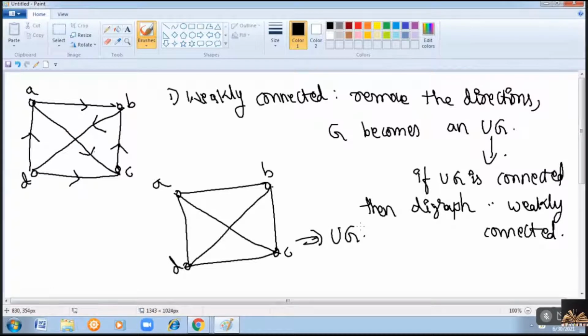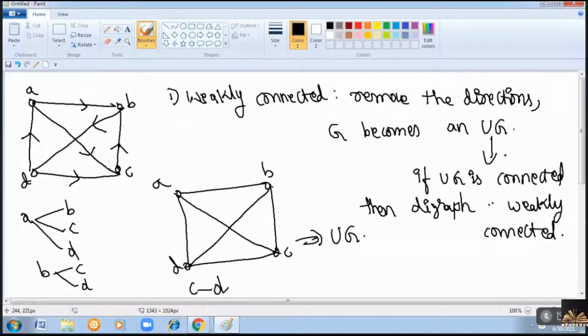In an undirected graph, from one vertex, if you are able to reach other vertices in the graph, then we can say that it is connected. So we will check, consider the vertex A. From A, can I reach B, C, and D? Similarly, from B, let us check I am able to reach C and D. From C, can I reach D or not?